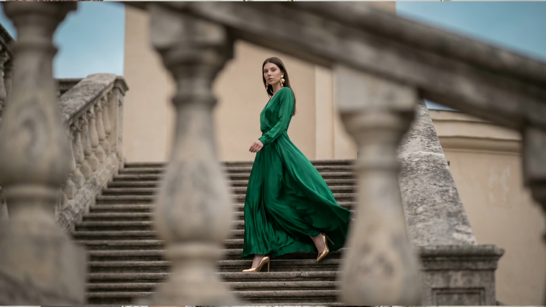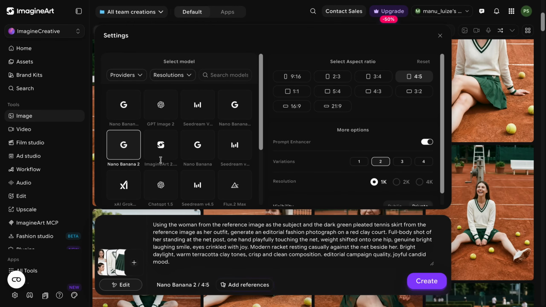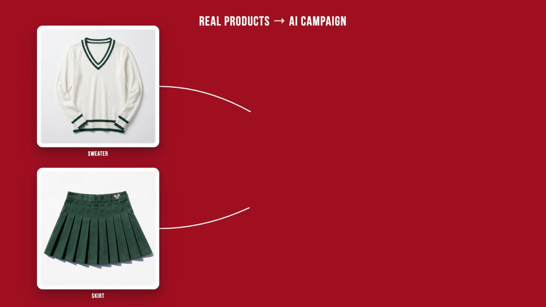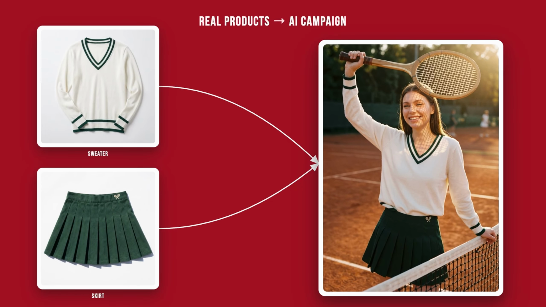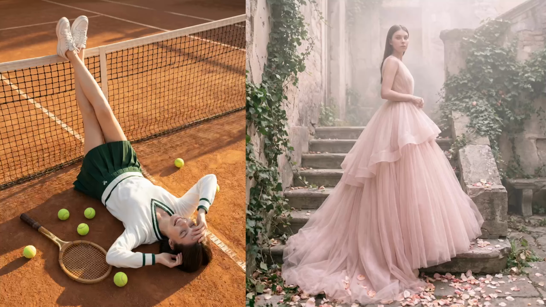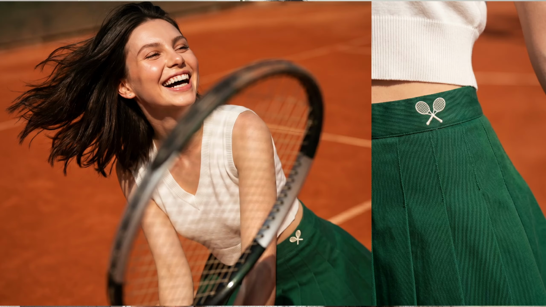I'm not only using Nano Banana 2 because it's cheaper, but also because it's great for integrating your real life products inside fashion shoots, editorials, or any images. It's able to follow your prompt, but also to reference your real product inside the images we're going to create. So now let me show you how you can create editorial style AI images at home to promote your brand